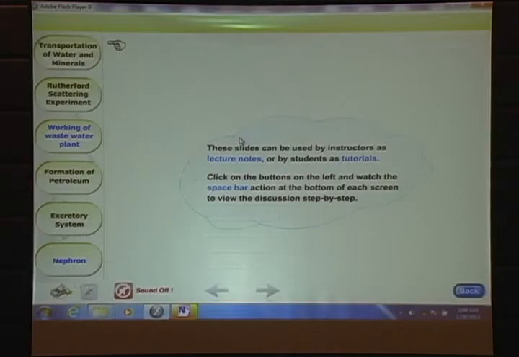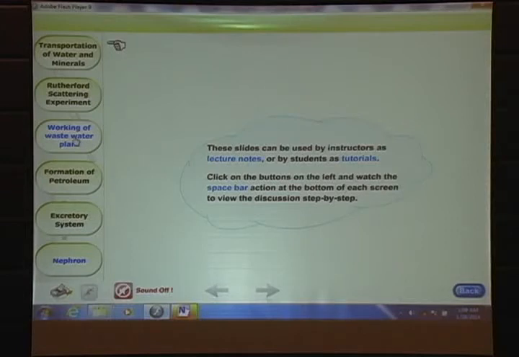And while you are discussing, in science especially, a lot of activities have been already built up, and every activity is very, very time consuming to produce. I'll pick a few samples where I feel comfortable, because that's not my discipline. Working of a wastewater plant. You can bring the plant into your classroom right on the screen and discuss how it works step by step. Click here.